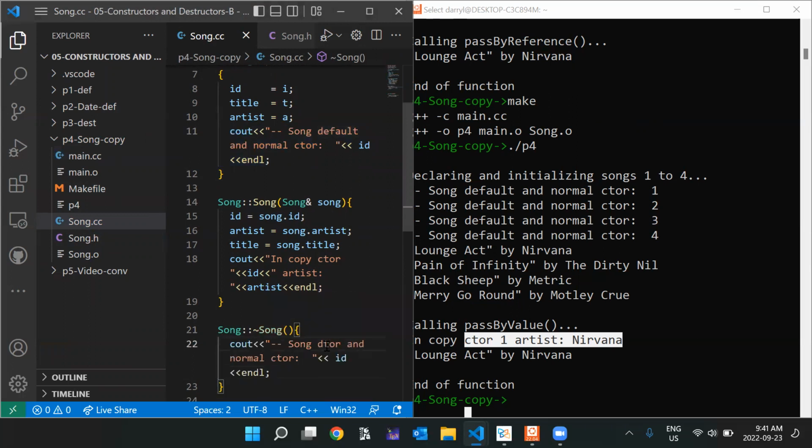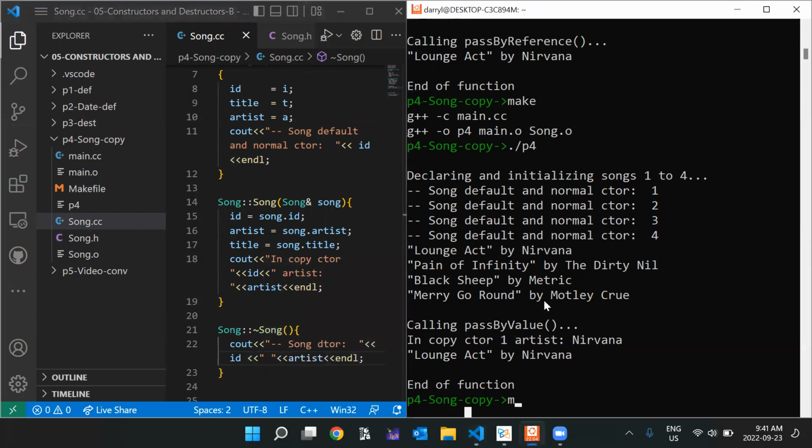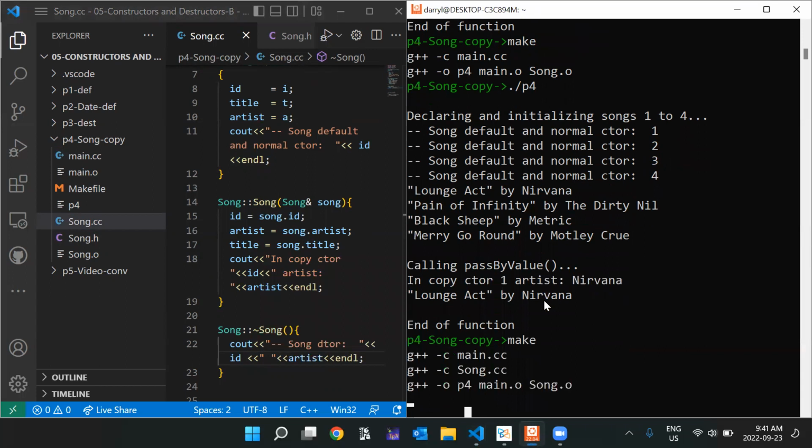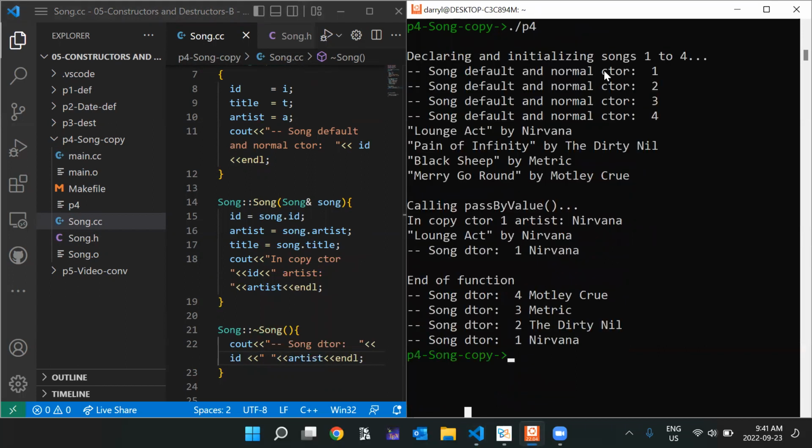Song destructor. Okay, well, let's print out the artist as well. Okay. Okay, so